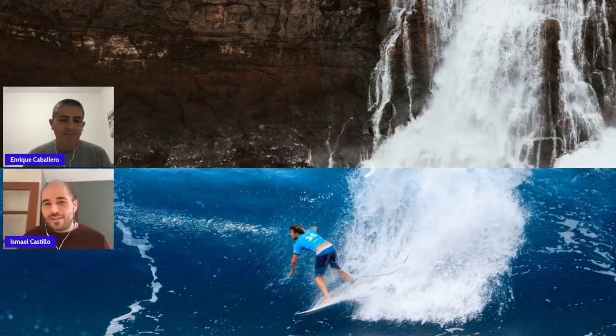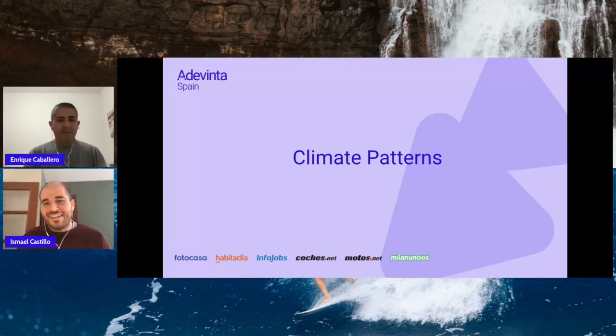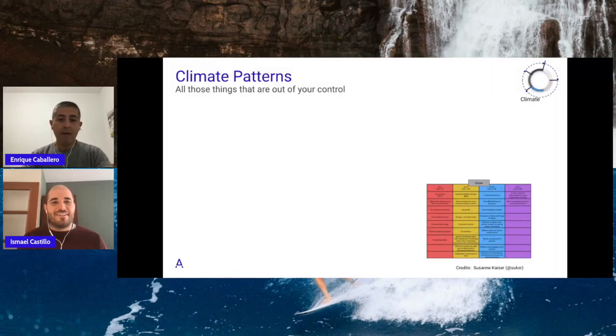He will continue with climate patterns. Okay, thank you, Isma. Can you hear me? Yes. Okay, we'll start with the climate patterns. Climate patterns, as we said before, are those things that are out of our control. It's like the weather or the path of the seasons or the acts of our competitors. We cannot stop them from happening, but being aware of them will allow us to anticipate and define a better